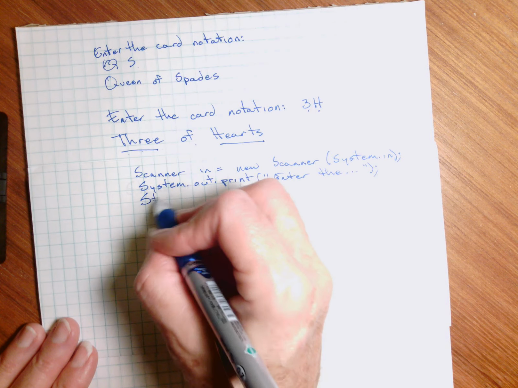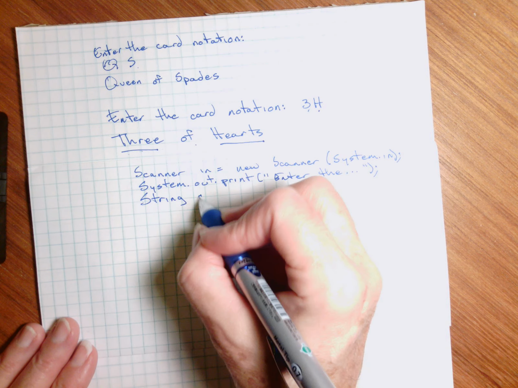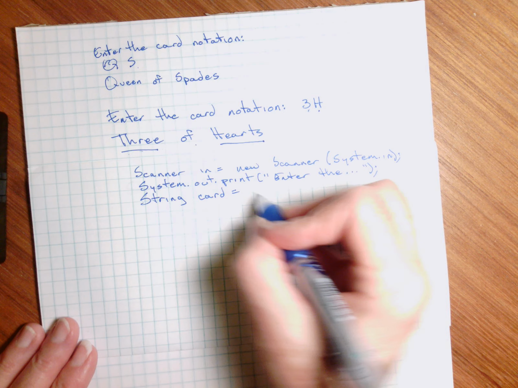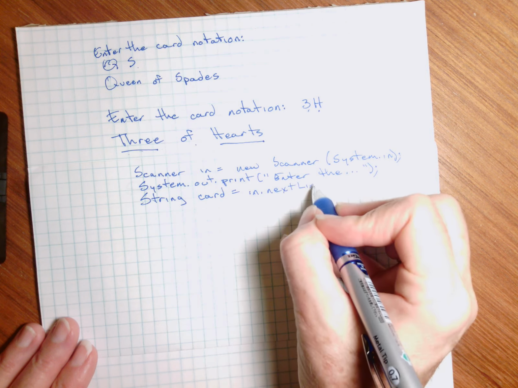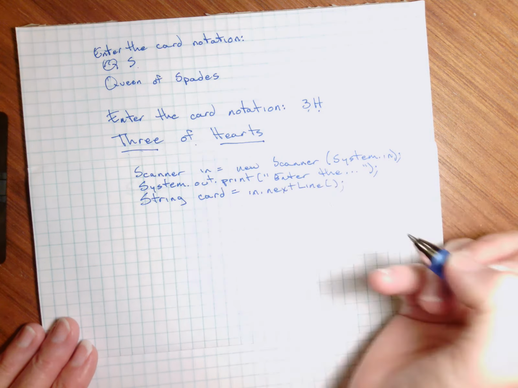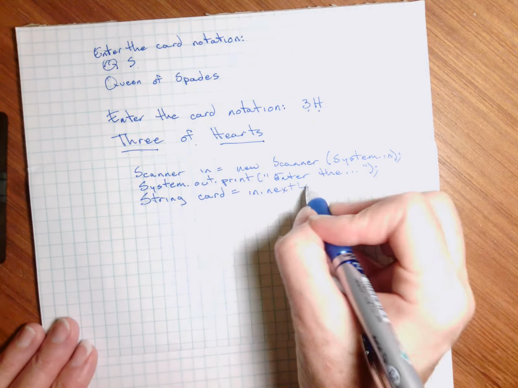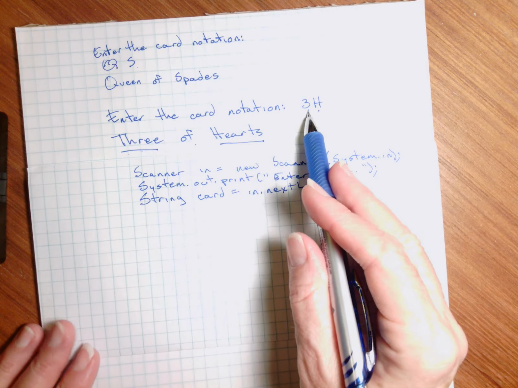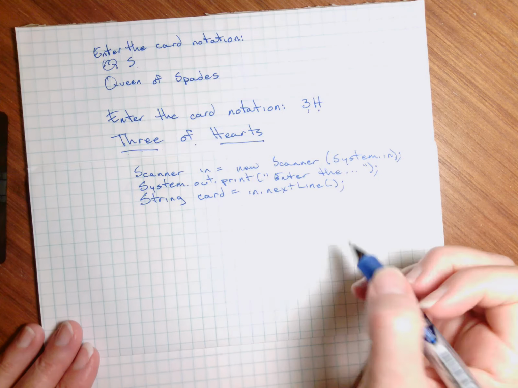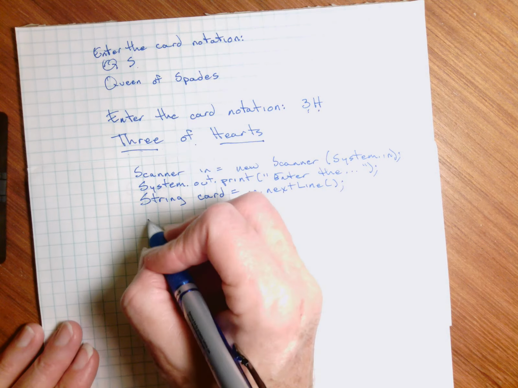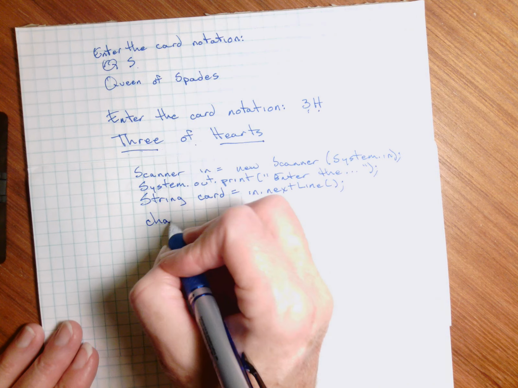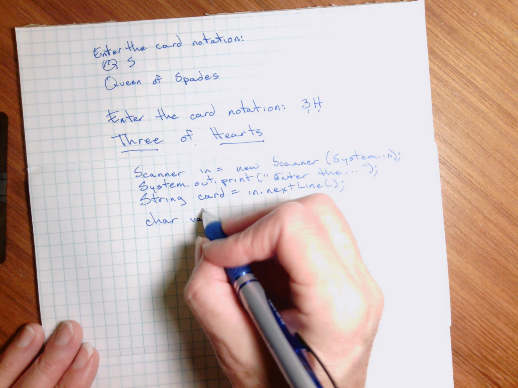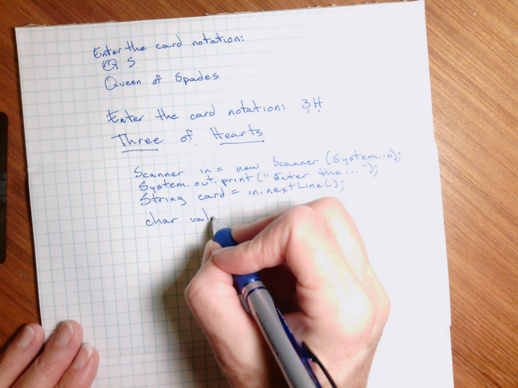And then our card is going to be a string, so String card equals in.nextLine, which will get everything the user inputs. Now we want to extract the first character in that string, and that's going to be the value of the card, and the second character is going to be the suit. So we extract a character of data type char, and let's call the first one value because that's going to be the value of the card, and that equals,